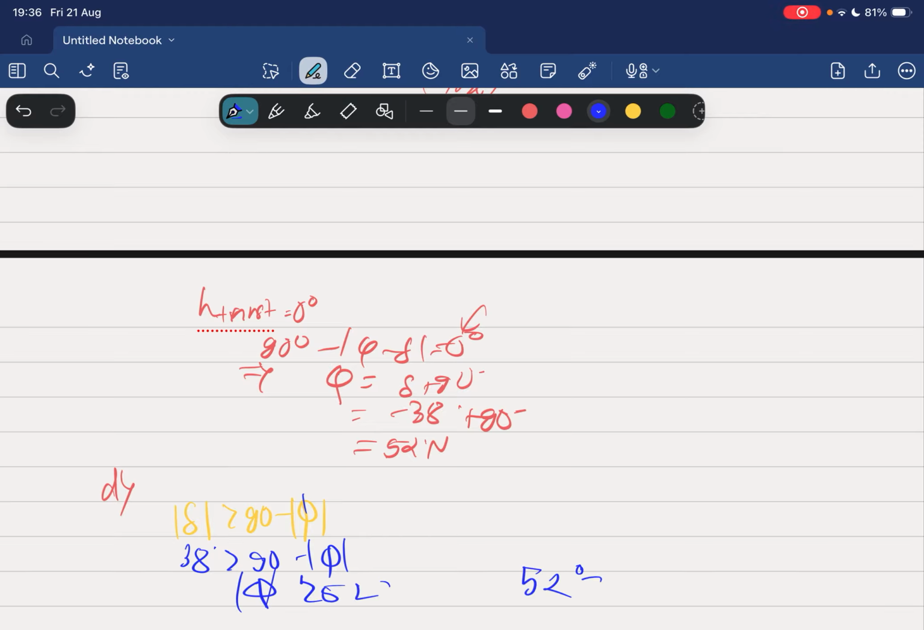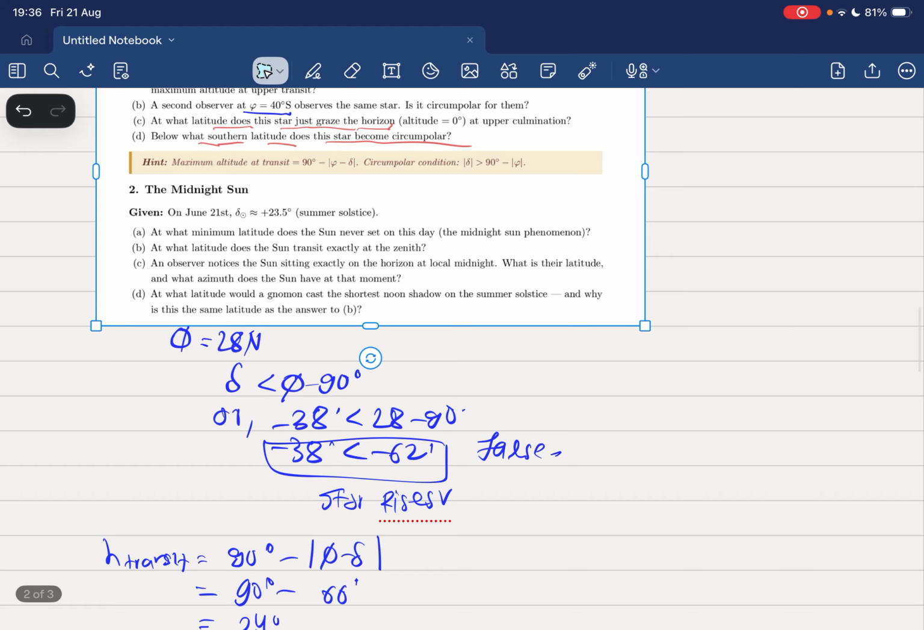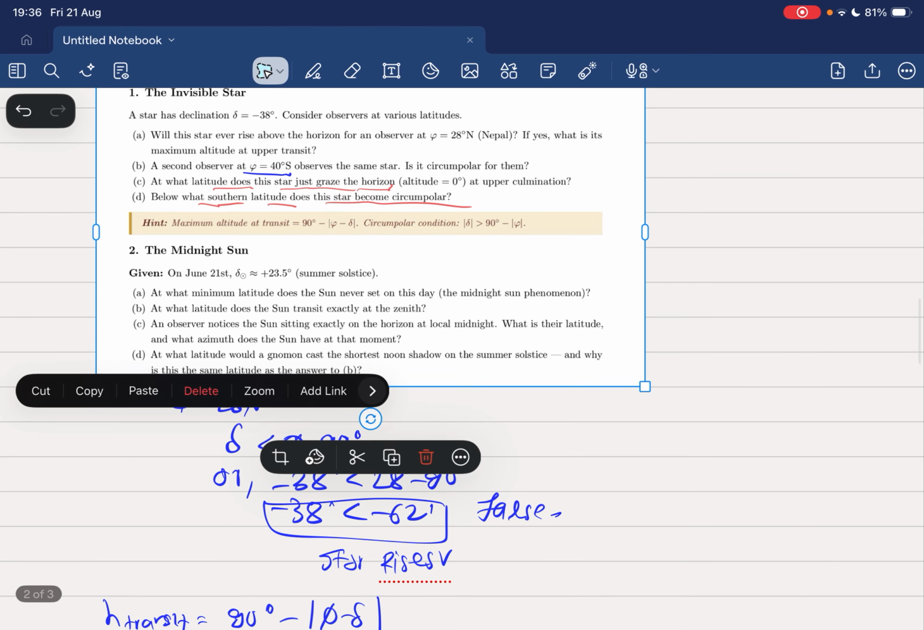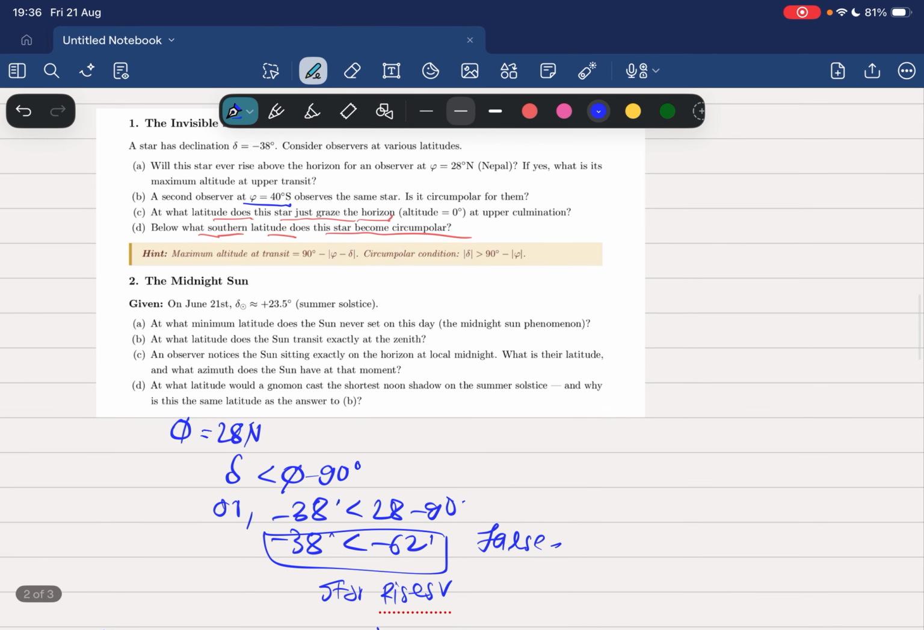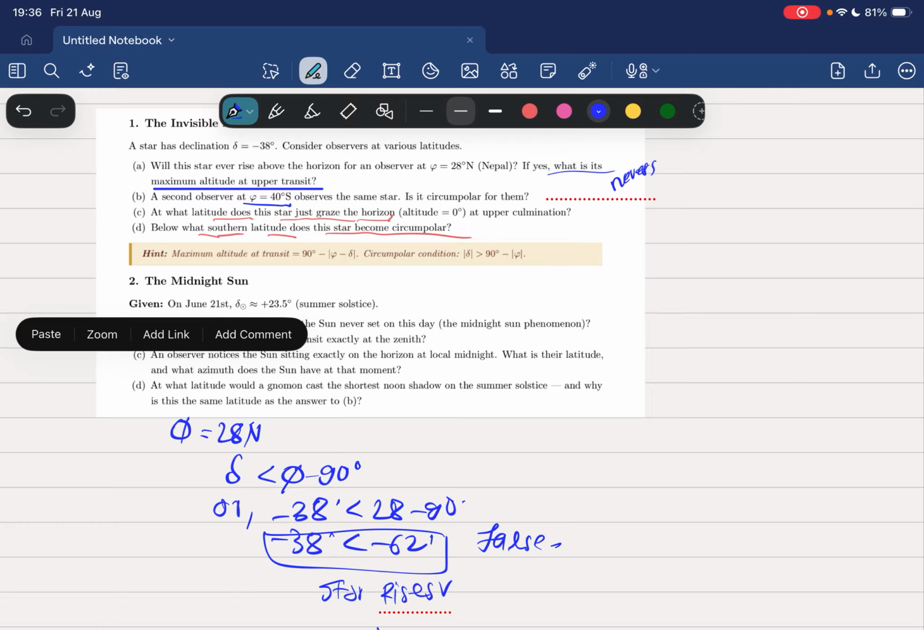Any other questions? One thing about this is that we check the never visible condition for the maximum altitude at the opposite transit. We use the never visible condition. So what if we use the circumpolarity condition into the never visible? I mean,